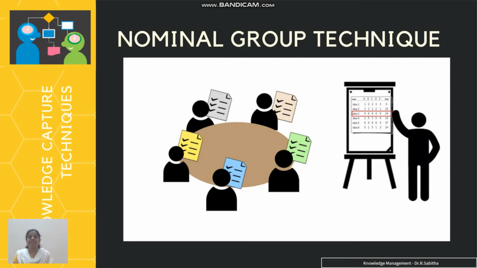Then again the next level of pruning will be done where a few irrelevant ideas would be removed, and finally you will be coming to a conclusion, and you will be converging to a single idea for solving that problem. So here everybody will agree upon a common solution to the problem. So this is the greatest advantage of nominal group technique, but this involves a complex time process because everybody will